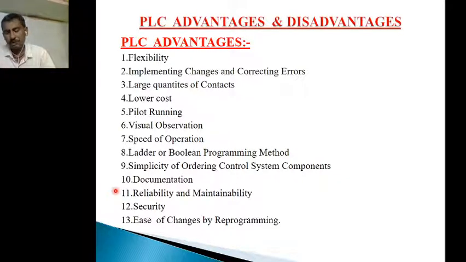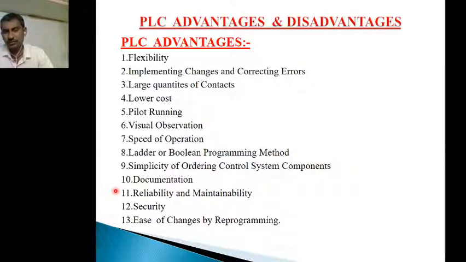By using the PLC, we can control nearly 15 devices at a time with a single PLC module, for 15 different operations. That much flexibility we have.